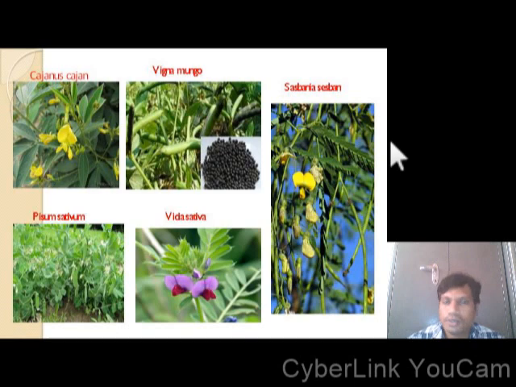And the androecium, very peculiar, 10 are there, free or monadelphous. The 9 plus 1 mechanism is also there, and 5 plus 5 is there. And in Arachis hypogaea, a 2 plus 2 plus 3 plus 3 mechanism is there in the androecium. And coming to the gynoecium, we find monocarpellary, unilocular and marginal placentation. Coming to the fruit, it is a legume fruit, and the seed is an endospermic seed. This is all about the Papilionaceae or Papilionoideae.